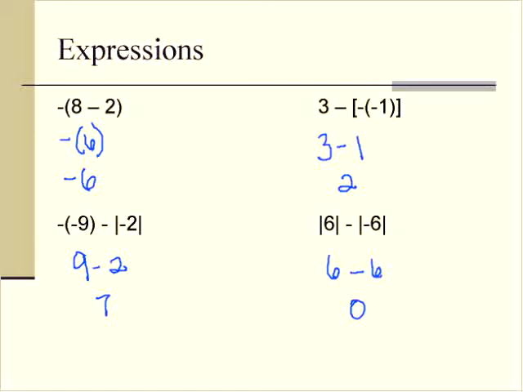So I hope that this has been sufficient to help you with any questions that you might have on opposites and absolute values. Please note that when you have multiple signs in front of a number, you want to evaluate the overall sign of that number, whether it's positive or negative, and get it down to a single sign first. And when you have an expression inside absolute value bars,